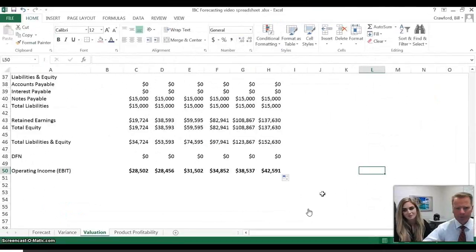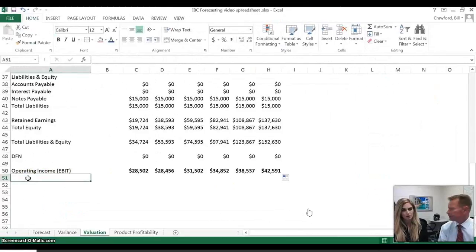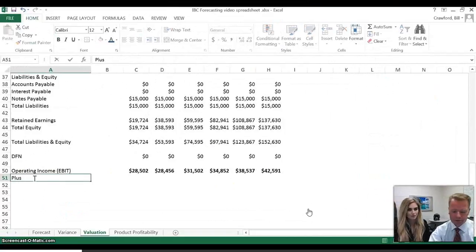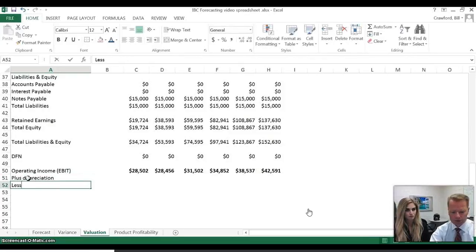Let's go through the formula, Alex, for how to get to cash flow. Cash flow begins with operating income. Then we need to add back any non-cash expenditures. And then we subtract changes in working capital, and we subtract any capital expenditures we have. So let's do that. We'll just go plus, and guess what? Non-cash expenses in this case would be depreciation. It's the only thing we have in here. So we'll add back depreciation, less change in working capital,